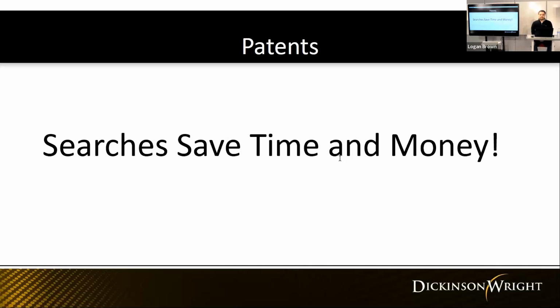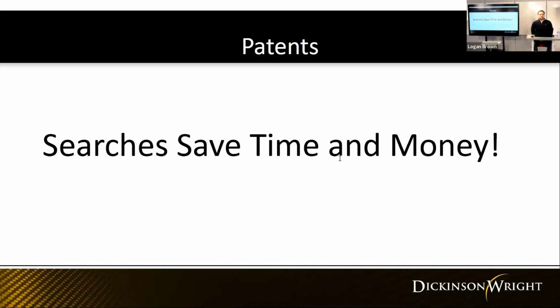For a patentability search, I think that it's common to see price quotes in the range between $500 and $2,000. Kind of depends on the area of your invention and the depth of the search that you want performed.